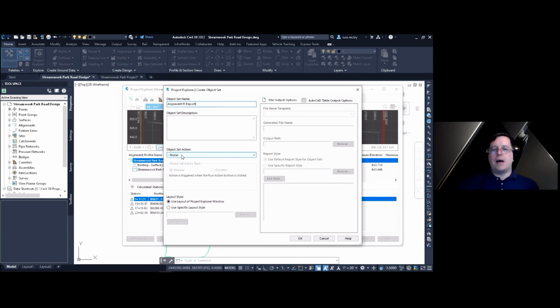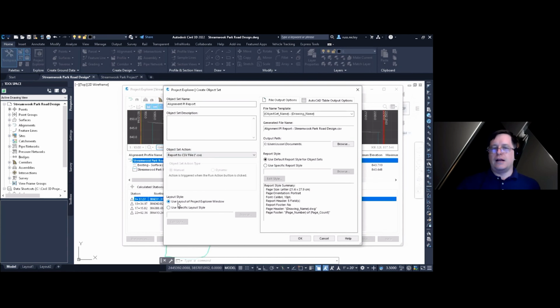And then I'll click on the object set action. The object set action really drives what goes on with the object set. So I'll click the drop down. You can see several report functions with different formats. Also some exports, including tables down below there. I'm going to export this out or send this report to a CSV file. So I'll click on that, and then it sets that up for me.